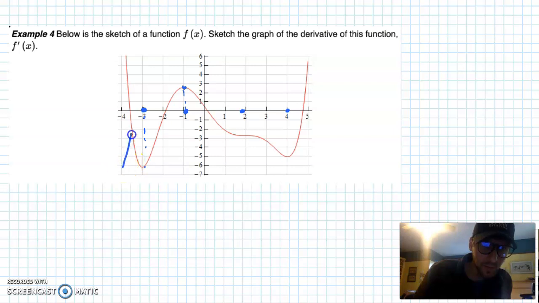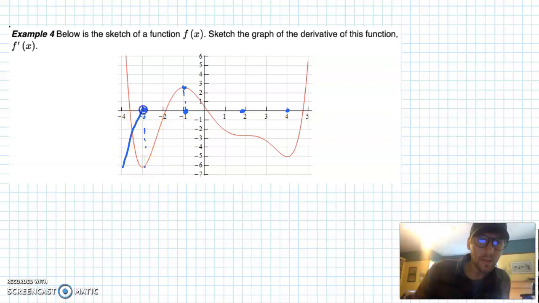So let me do this. And then the slope is becoming steeper up until about here, I think, where it starts becoming less steep until finally the slope gets to 0. And then the slope is negative. But that last part was not too good. Slope is negative and it flattens out, and then